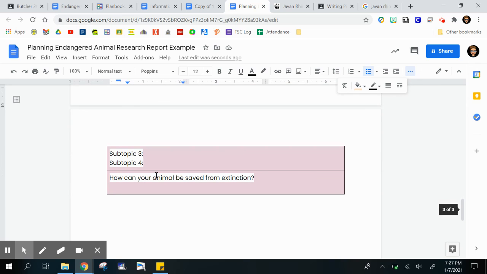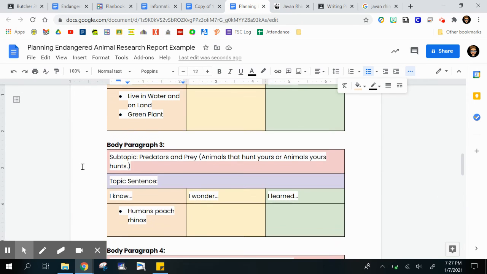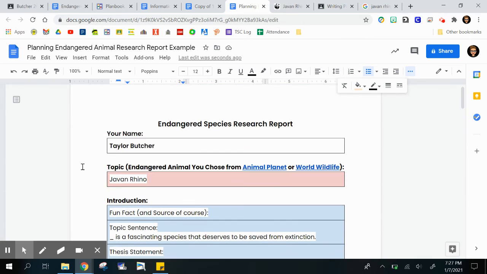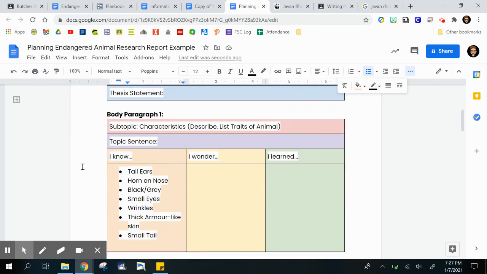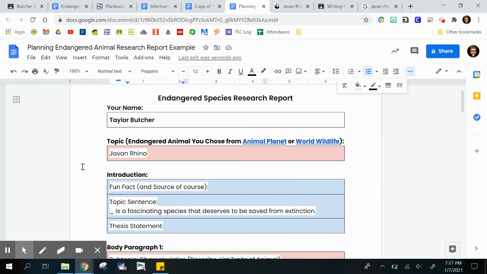I scrolled through. Remember, this one's pink, not red. We should have all orange boxes and all red boxes completed. If you don't, you need to go back to yesterday, watch the video to fill out the red boxes. Today was orange boxes. So hopefully you're able to get this finished today and be ready to work on some more on